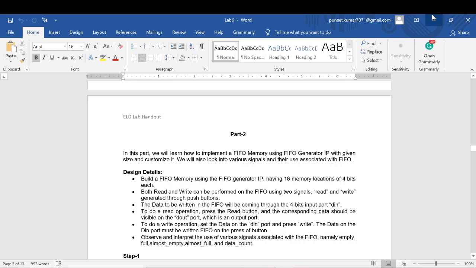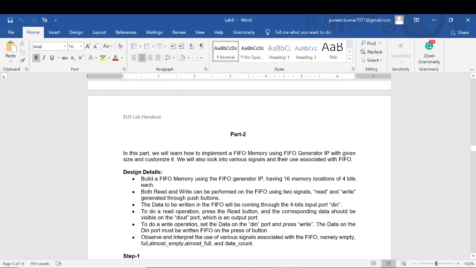As we saw, there are RAM blocks distributed all across the die. Those can be used to generate these kinds of memory as well. FIFO is one such kind of memory. The technique remains the same: whatever comes first will get out of the memory first. If you write something first, it will be read first. So there is a particular order which is defined. It's not actually a random access memory, but the access is pretty much defined. Whatever comes first will go out first.